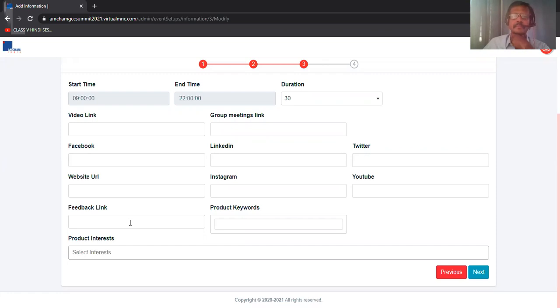Otherwise, if you already have one, maybe on your website, you can always put that link in this box. Then there's this product keywords field. Here you will have to put up product keywords related to your product segment. Whatever product segment you deal in, you can put keywords related to that, so that